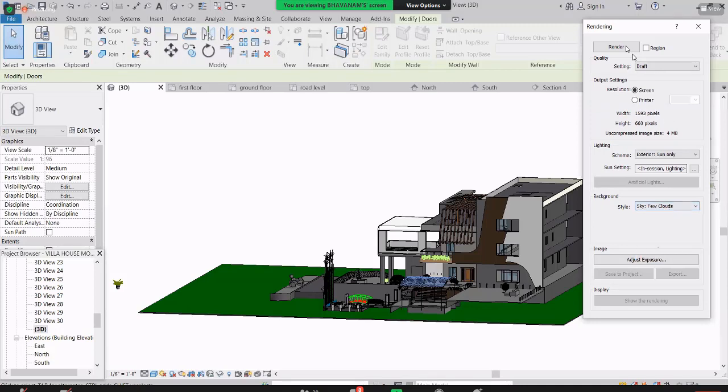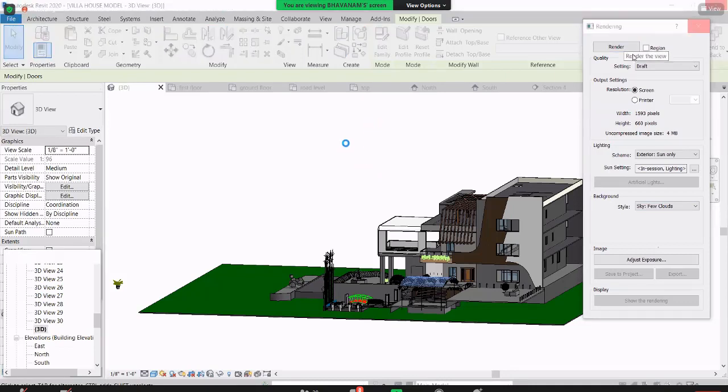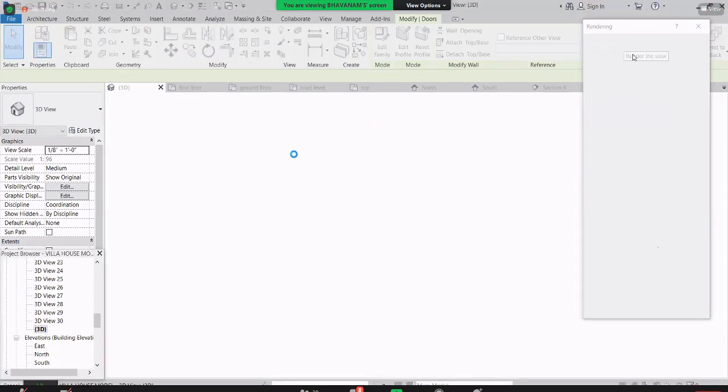Once you do this, let me try to run the rendering. So let us see, we only put the sun, and just click on it. Once you click on rendering, it will take some time to open up, and it will go on with the process. After this we will tell you how we can place the camera. So let's see guys how much time it will take. And here it is going, 12%, 9%, it's going.